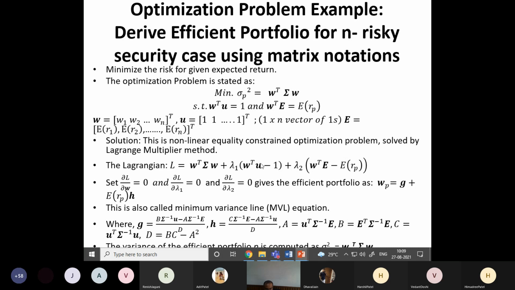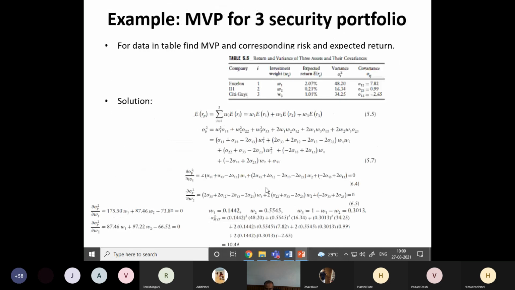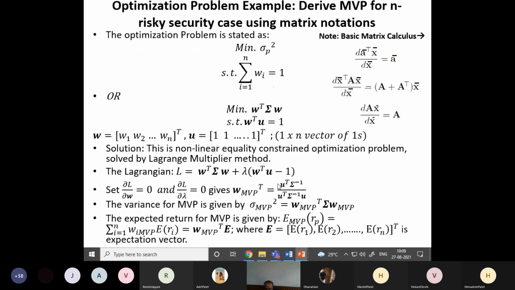So this is the equation. This is the method to solve the optimization problem. You might not have studied it, but it's very simple. It's based on partial derivative. After framing the Lagrangian, we have to apply the partial derivative del L with respect to the whole weight vector del W bar. It is a differentiation of this L with respect to the weight vector. So it is a matrix. You use the matrix calculus that we have already seen in the previous slide, these three rules. I have mentioned these three rules to calculate the basic matrix calculus.